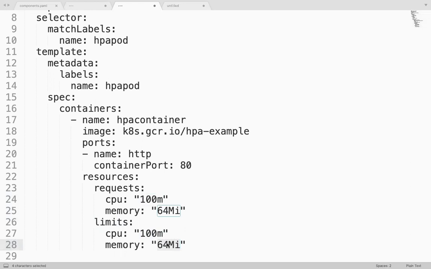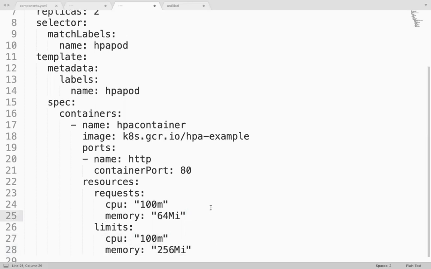If I say maximum as 64 megabytes, will Tomcat be able to run within this limit? Tomcat requires some more CPU and memory, right? If I just say this one, your pod itself will not come up. So here let me give something like 256. This is the maximum.